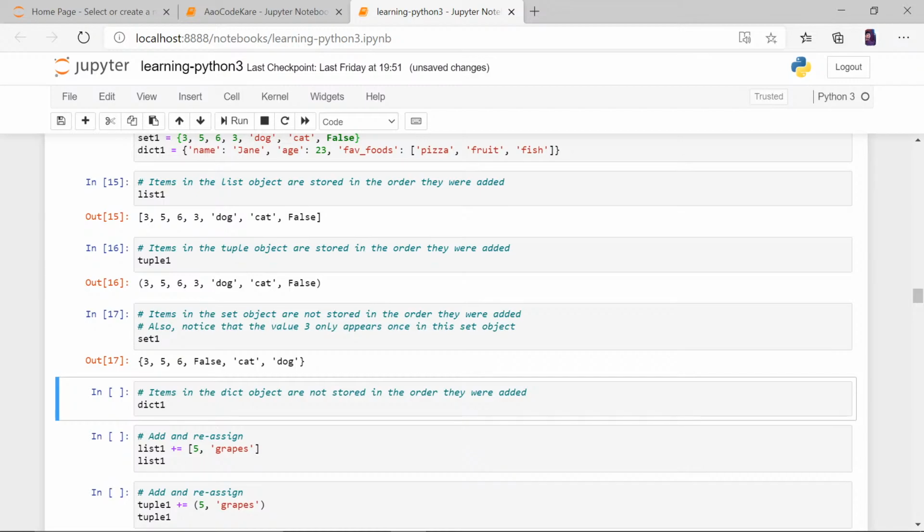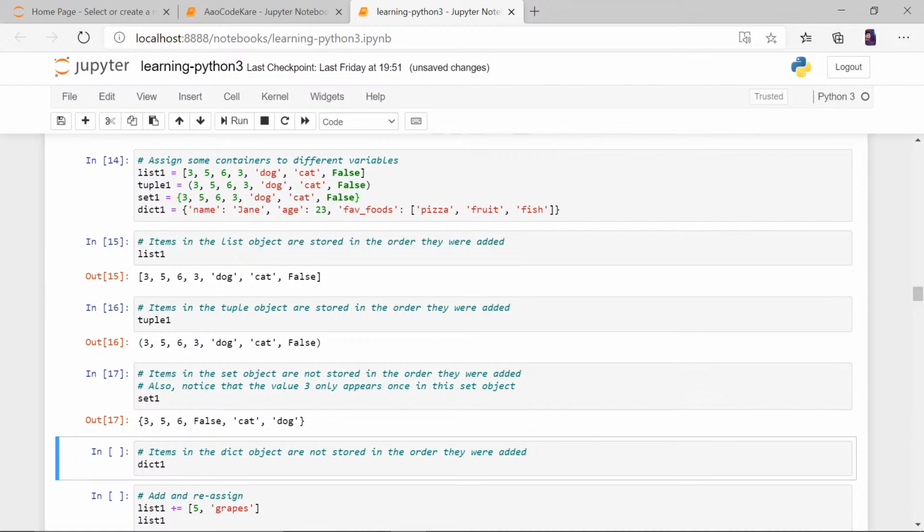Let's see what the set has. So as we can see, all the things were stored in the same order: 3 3 5 5 6 6 6 3 3 dog dog cat cat false false. But in the set, 3 5 6, false came here, cat dog.